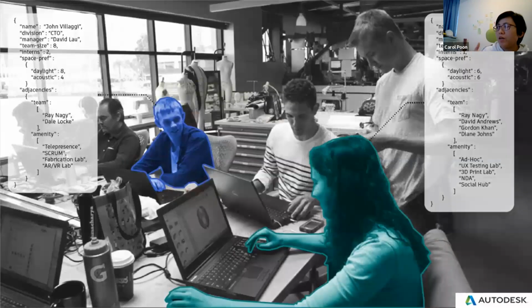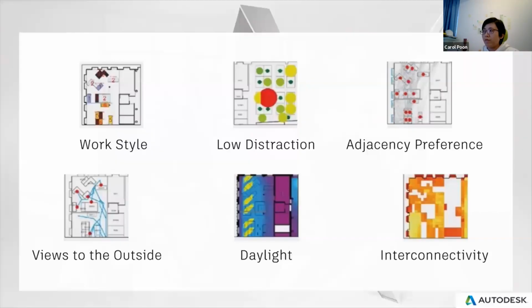So we have distributed a questionnaire to our employees to see which elements are most important to them in this design. And we found out that these 6 areas are the most important points, such as work style and daylight and no distraction, etc. And based on these 6